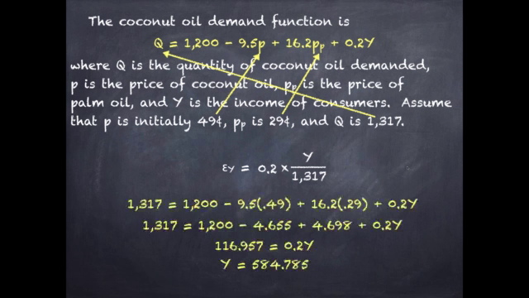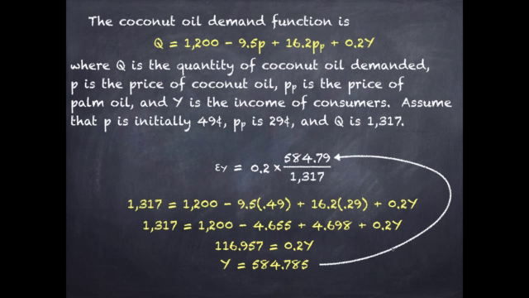So I inserted the prices and the quantity into the demand function, reduced it down and solved for Y. And once I have Y, I can insert that back into the equation for the income elasticity of demand. And solving yields that the income elasticity of demand is equal to